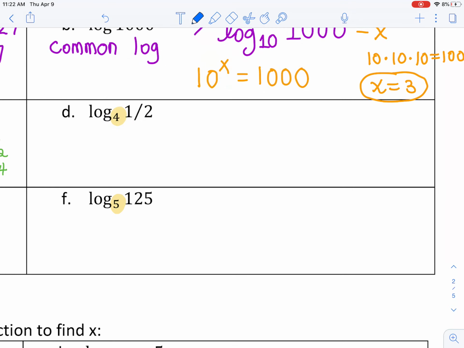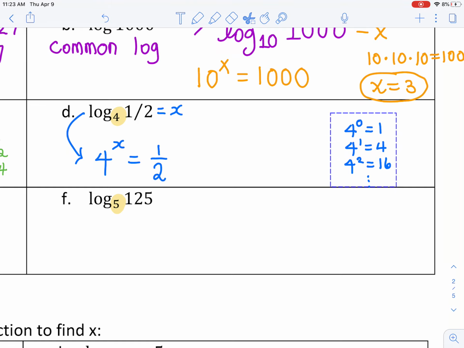Now, let's rewrite this one in exponential form. Write 4 as the base, but hold on, let me go ahead and call this x. 4 raised to the x power equals 1/2. And this is actually doable, but it's not too obvious though. Because if you think about this, you're going to maybe start at 4 to the 0 power, which is simply 1. 4 to the first power is 4. 4 squared is 16, and so on, right? It's not going to turn into a fraction. So what should it be? It's got to be a negative number. We're going to go down to a negative number and